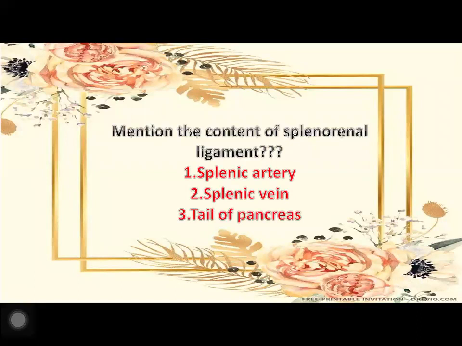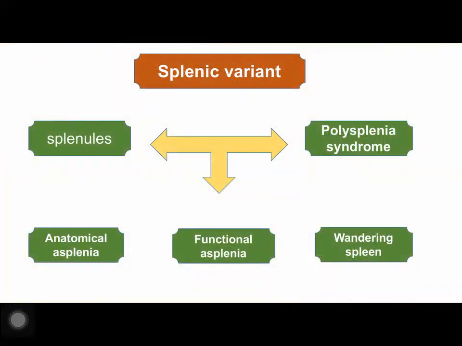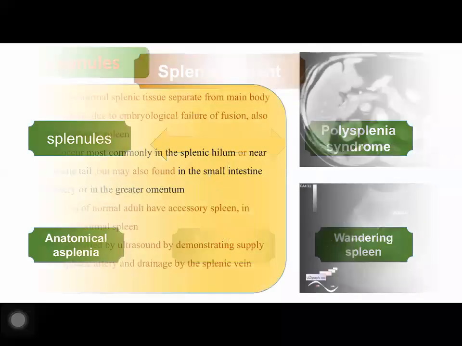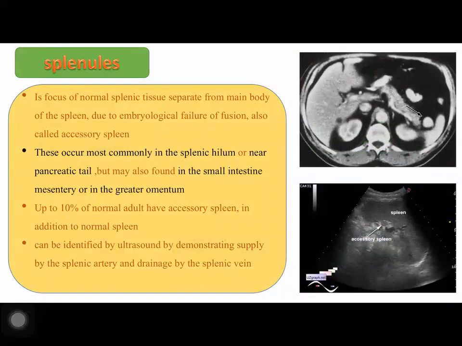Splenic variants. We have 5 splenic variants. The most common are splenules, polysplenia syndrome, anatomical asplenia, functional asplenia, and wandering spleen. Anatomical asplenia means no spleen. Splenules are foci of normal splenic tissue that separate from the main splenic body due to embryological failure. During intrauterine life, in embryology, small splenules that should unite to form the spleen